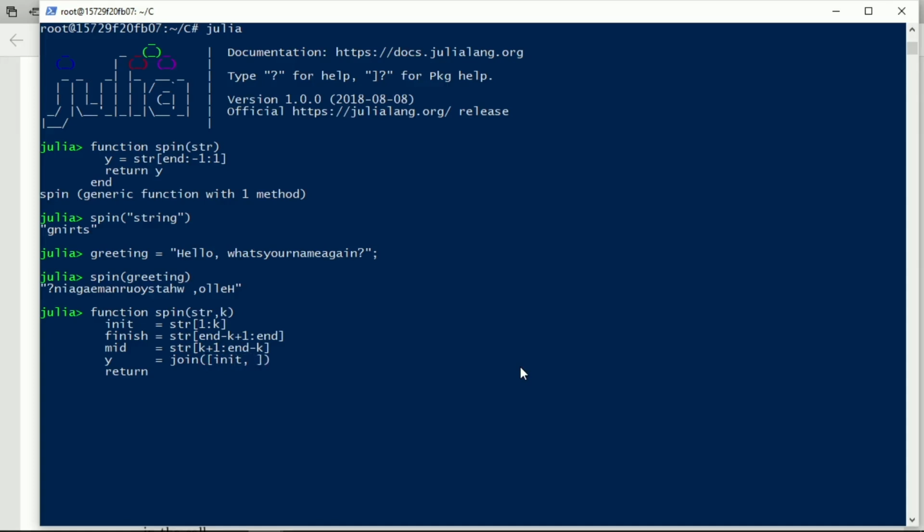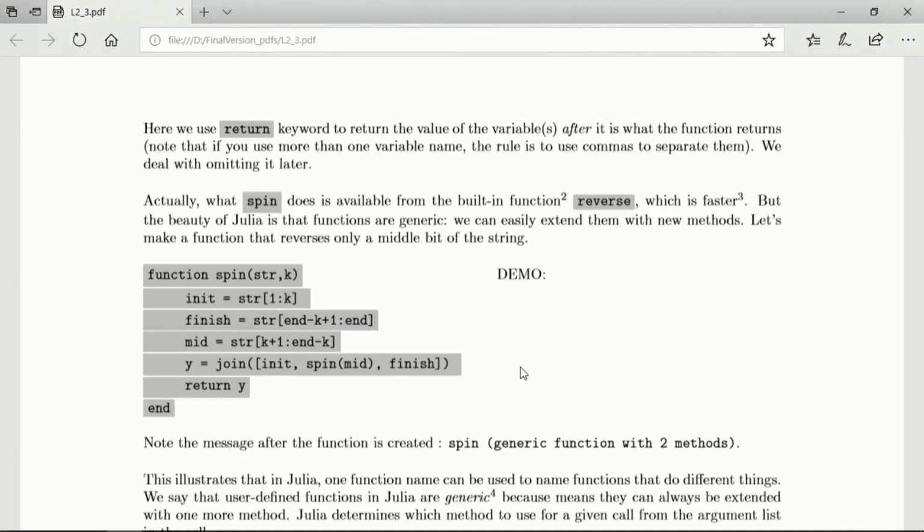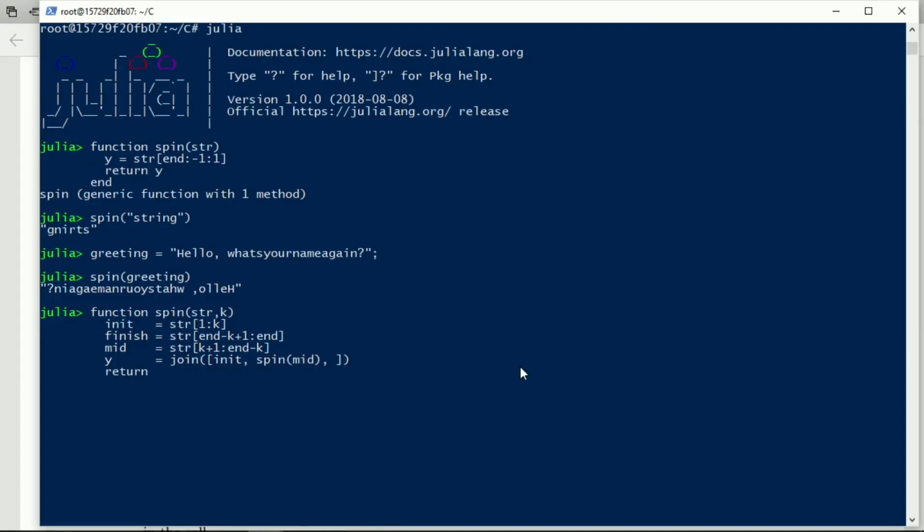So we have the string init, and we have a string mid, but we want to spin mid, and we want to put in finish. And you might object that we are trying to define the function spin, and we are using the function spin to define the function spin. I'll explain what is going on there in a minute, and then we have return y,